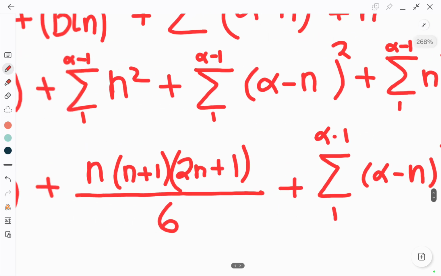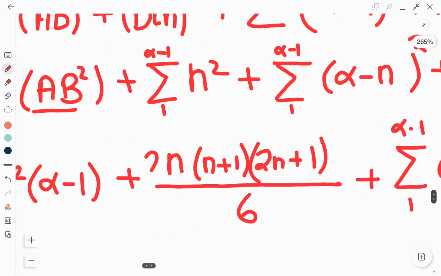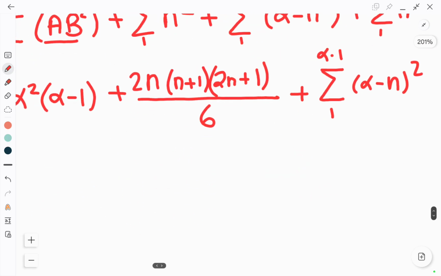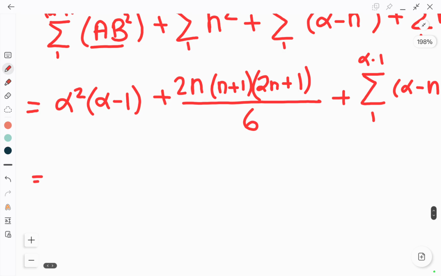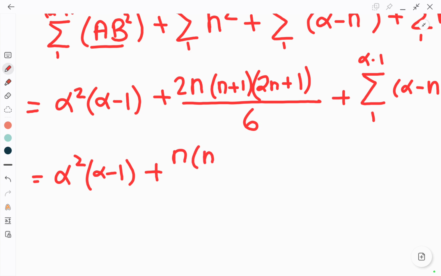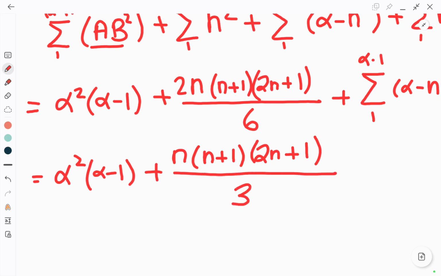And it is also the same, so we can multiply 2 here. So now let us put the values. Alpha square into alpha minus 1 by 3